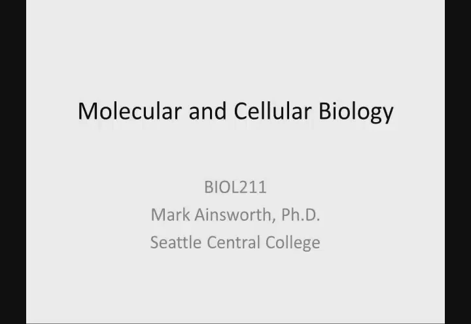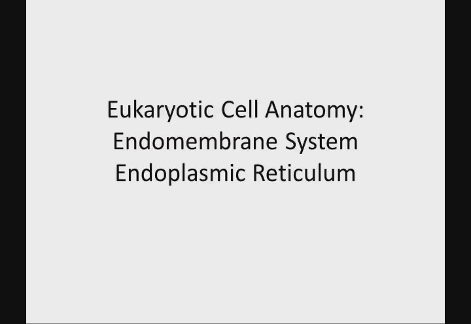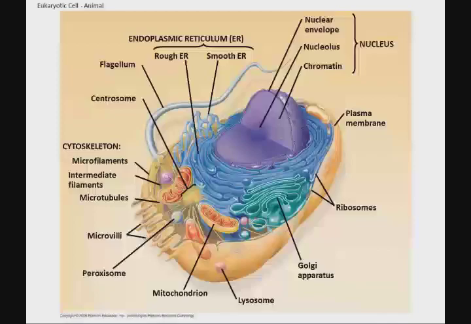So what we want to look at next is the endomembrane system, and specifically in this recording, the ER. So endomembrane means endo, inside, membrane, system. So a system of membranes inside the cell. Endoplasmic reticulum, inside the cytoplasm, is a network. Reticulum means net-like or network. And when we look at our depiction of the eukaryotic cell, we can see it is quite a network indeed